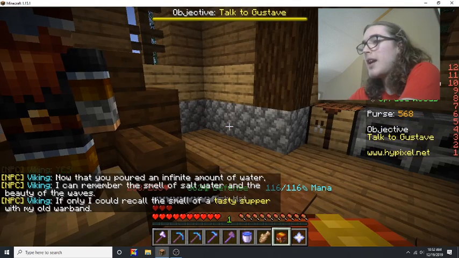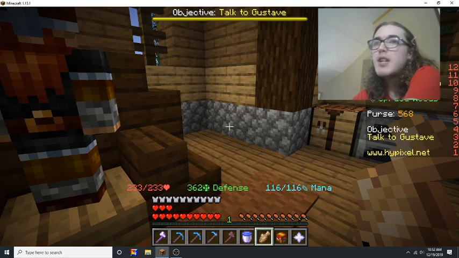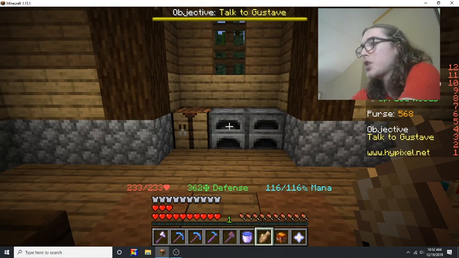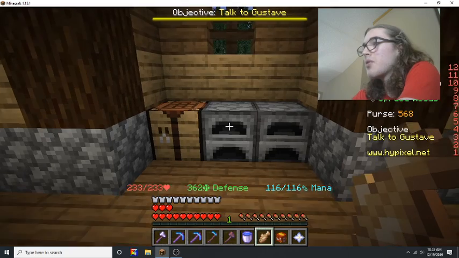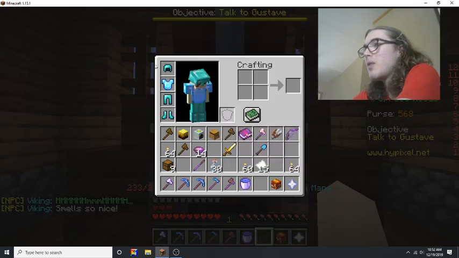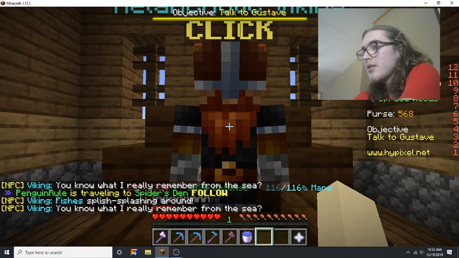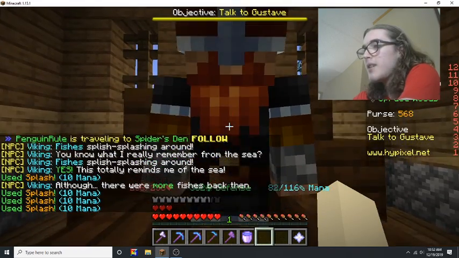And next you've got to take the cod. Now remember, after you put out the fire, you have to wait until he mentions a tasty supper, because I've made that same mistake before where I put the cod in too early, and then he just wouldn't progress through his request. So you right-click it, place it in there, and then you put on the fish hat. And then you just have to spam shift until he...